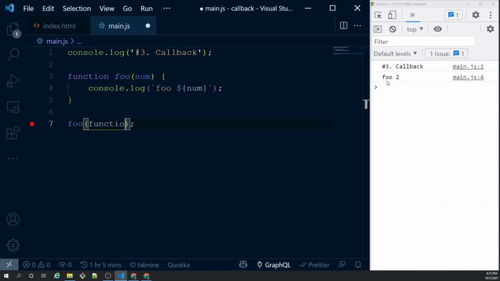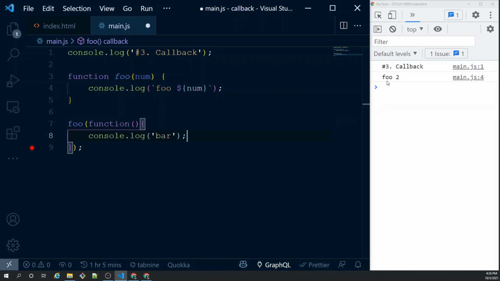So I'll pass a function, create another function. In this case, I'm not giving the function any name. If you don't give any name to a function, the function is called an anonymous function. There could be a situation where you don't have to create a function with a name explicitly. This could be one of the situations where I just want to make some quick action inside a function and just pass it. I don't want to create it outside with a name. That time you'll be using a function without a name. It's called an anonymous function. So I'm creating an anonymous function now, and I am passing this anonymous function as an argument to the foo function.